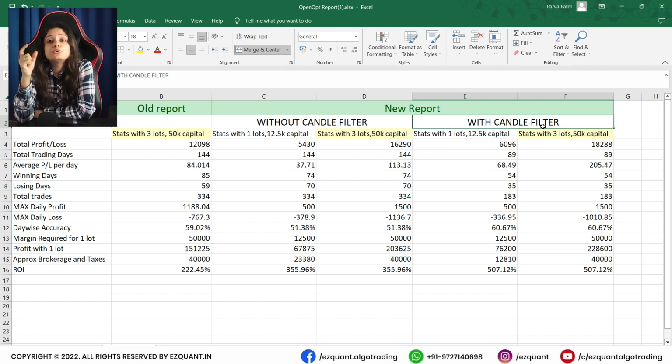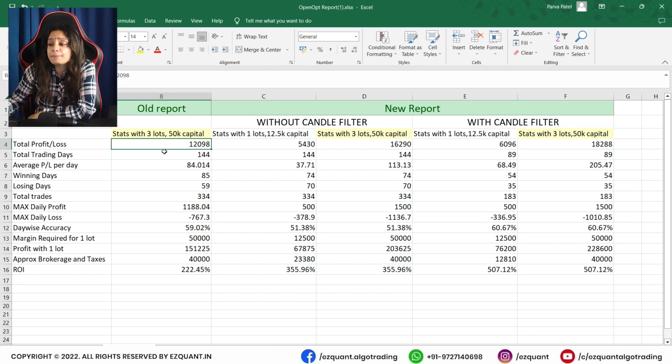We decided to put a lower limit of 20 points, 30 points, 50 points, and we saw that the results were improving significantly. The best results we were getting when we were putting a 50-point filter on the size of the candle. That is, if a candle is formed with the body size less than 50 points, we are going to avoid trading on those days. As you can see,